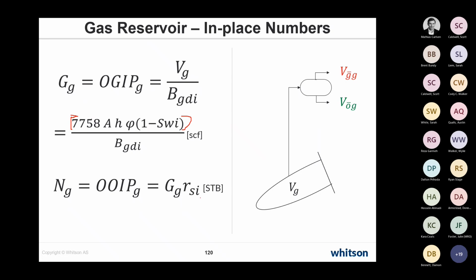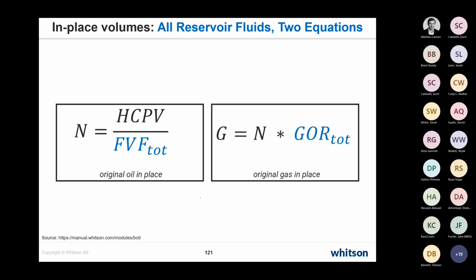The trick here, and the trick that I'm going to show you, which makes it very, very convenient, I would say, is to start to use the concept of total formation volume factor and total GOR. And the reason for that is that it's really practical when you're dealing with these basins where you have a mix of oil reservoirs, gas reservoirs, and two-phase saturated mixtures. Because otherwise you will have to label the fluid first. Is it an oil? Is it a gas? Then go and apply the formulas. And also, if you wanted to do that for a two-phase system, it starts to become extremely complicated really fast. So if you use these formulas, you can use exactly these two formulas no matter what fluid type you're dealing with,